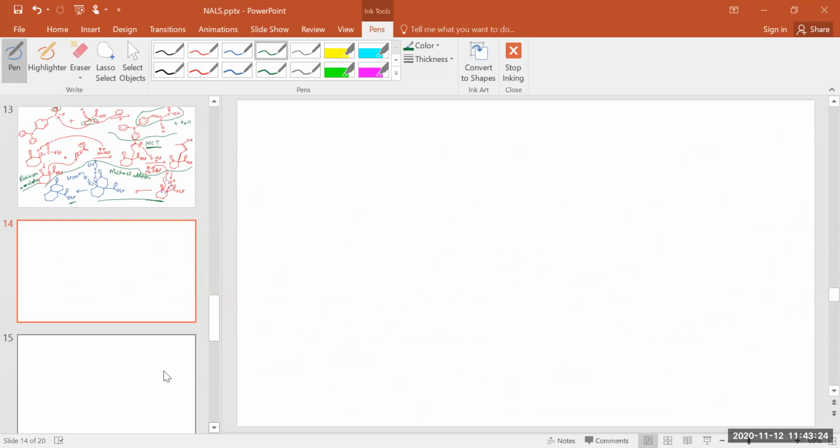Let's take a simple example, the acetoacetic ester, ethyl acetoacetate. What will happen if you take a base, sodium ethoxide, and you take an alpha beta unsaturated